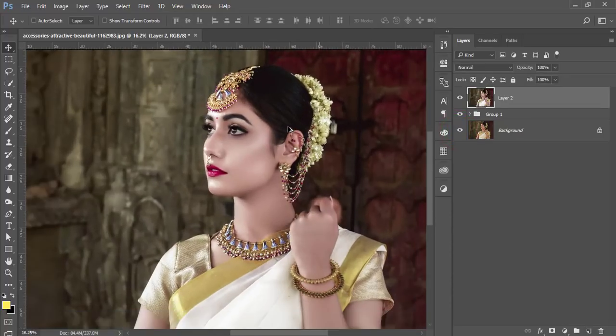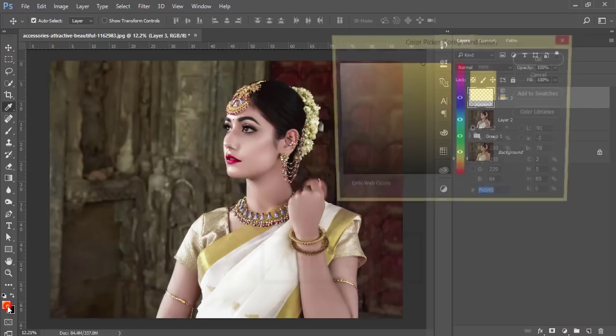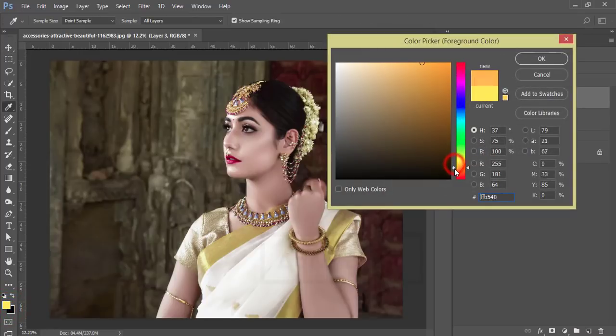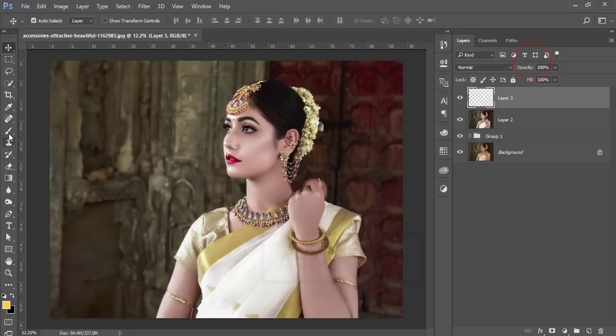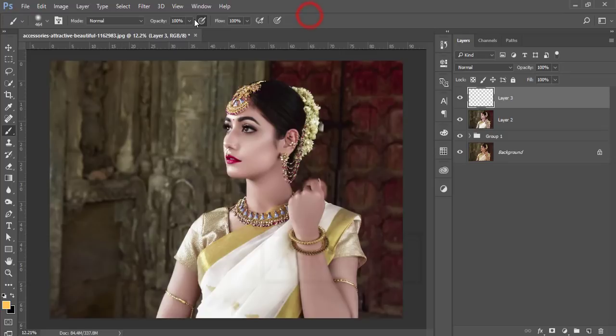And now I'll apply the lights, because the light is coming from the left side. So take a new blank layer and go to the color palette and choose an orange type color, that is FFC240, and hit OK. Go to the brush tool and select the first brush, and size will be like 464 pixels, and opacity and flow 100%, and click once, press Ctrl T